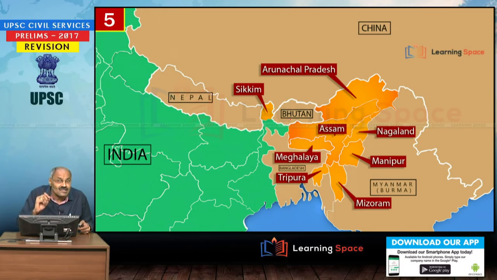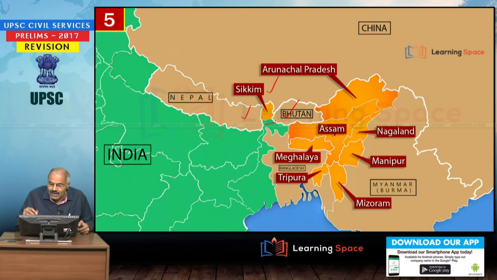Having learned this, then in the northeastern part of the country, boundaries are very important. I will look at 2-3 states, then the remaining you can go through on this map, because for northeastern states, the international border as well as the border with other states are very important. If you look at Sikkim, Sikkim shares international boundary with Nepal, China and Bhutan, along with the Indian state of West Bengal. So Sikkim borders 3 countries.